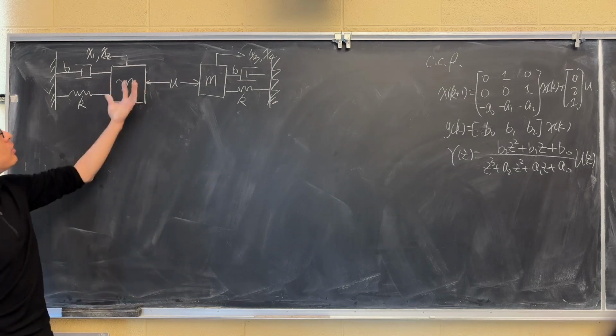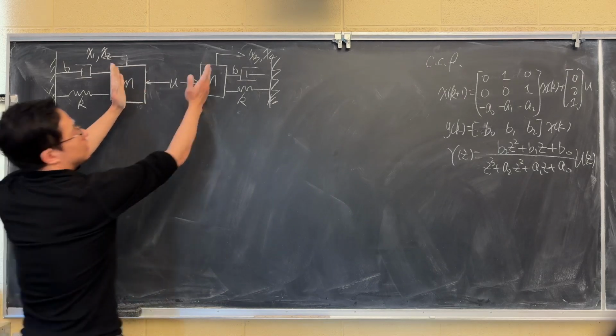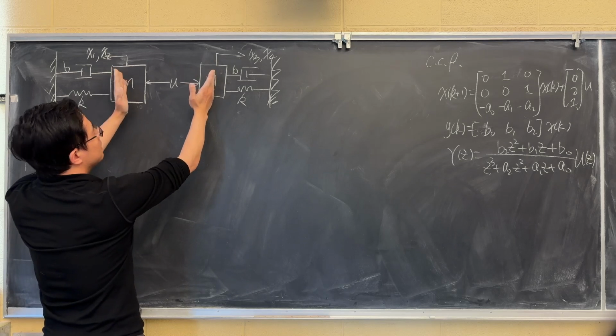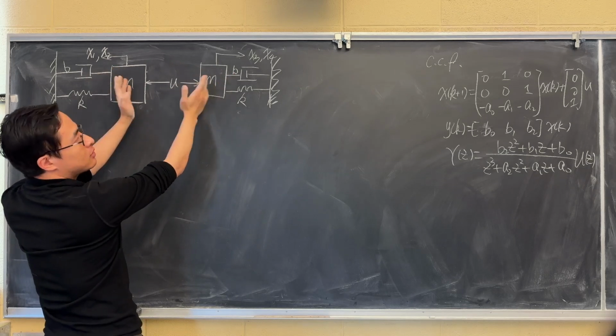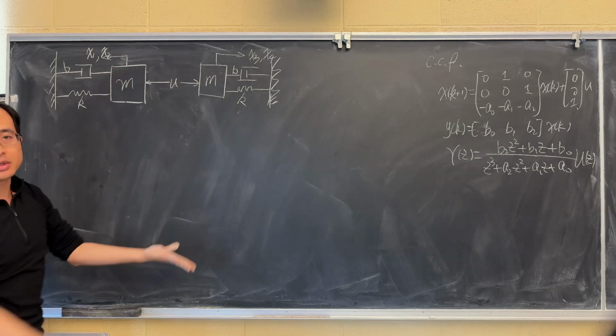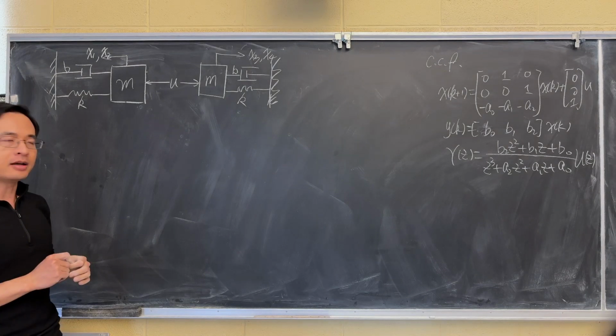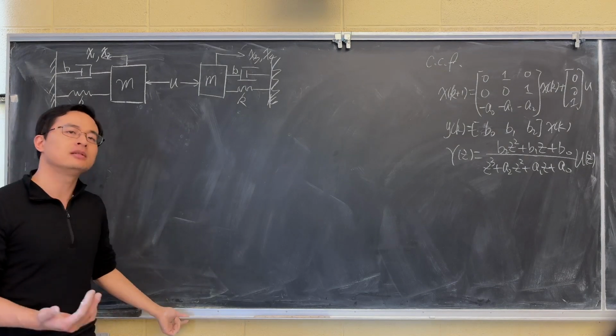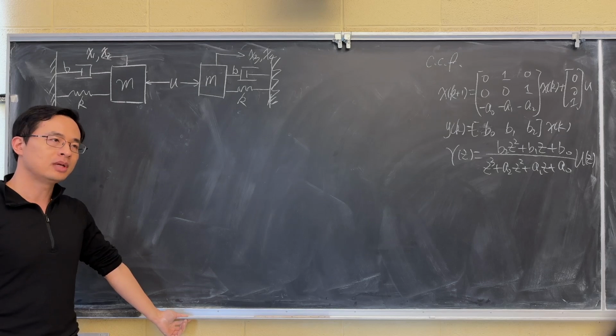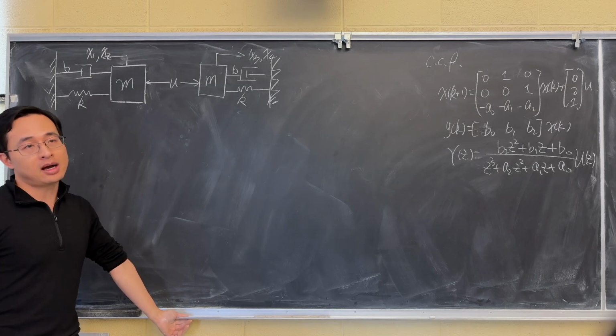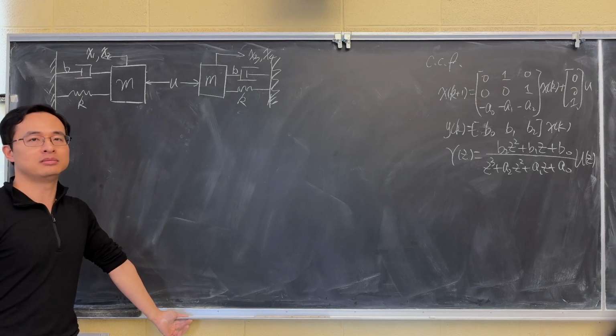If it has an equilibrium point somewhere here, they're both at the equilibrium point, then if you deviate a little bit from the equilibrium point, energy will decrease, and then it's going to be stable. Is this controllable intuitively? That's a different story. A system can be stable but not controllable. A system can also be unstable but controllable.